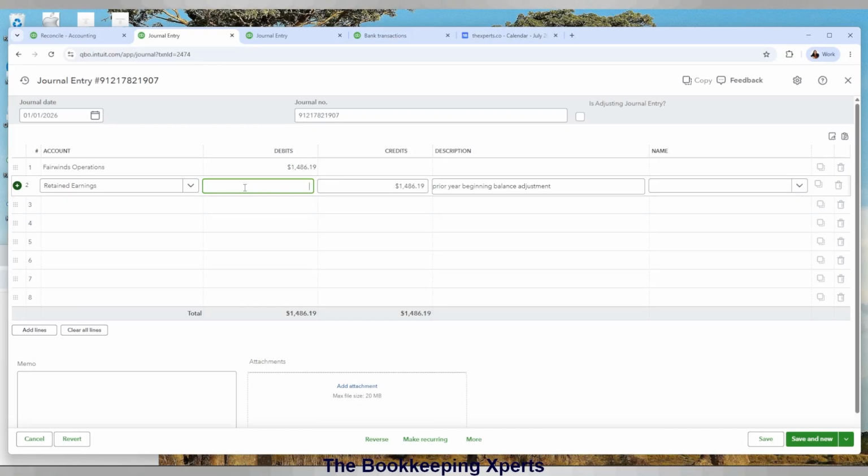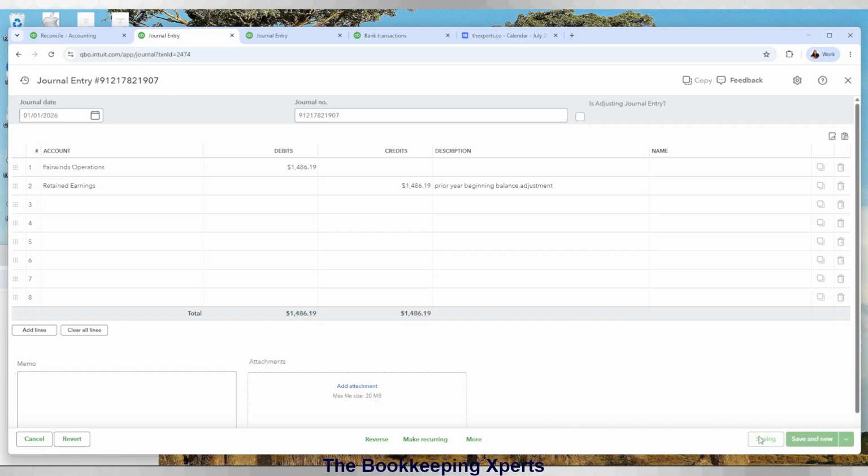All right, so here we are. We have our journal entry here. And of course, in order to get this account up to date, we're going to debit the bank account and we're going to credit retained earnings. And I want to make sure that I put the reason why I'm adjusting here. That is a prior year beginning balance adjustment. You want to make sure you put that over here. And I'm going to go ahead and save this